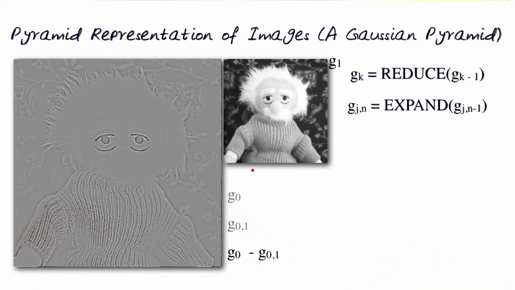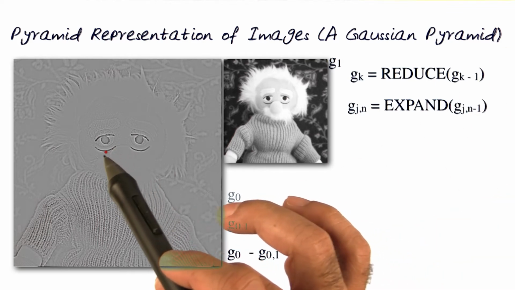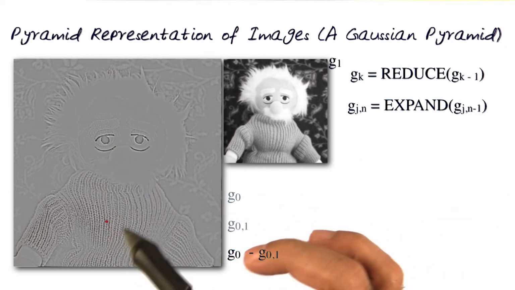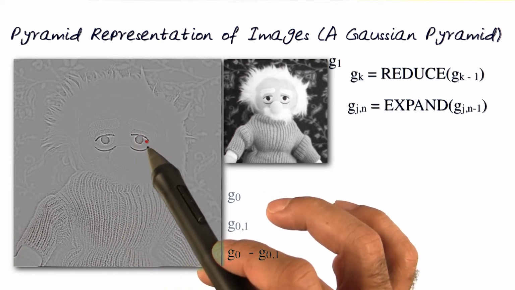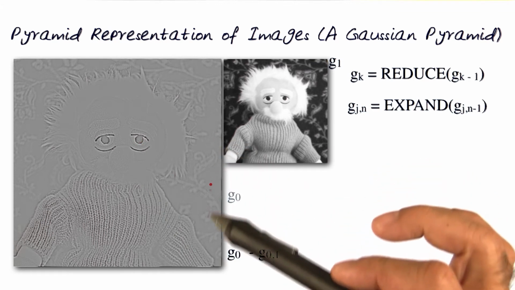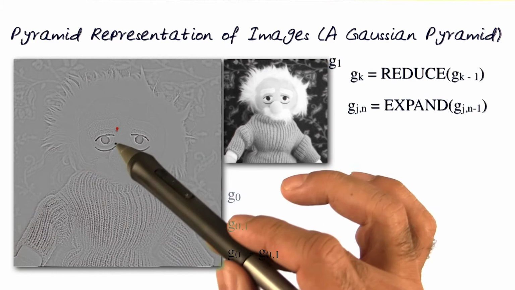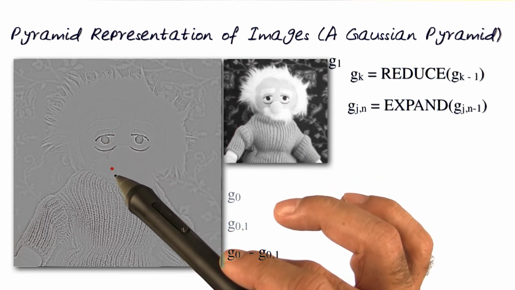So this is what you see now here. And this is basically, of course, showing you where the differences are. You notice a lot of high frequency information is much more visible. The eye lines and all that kind of stuff are much more nicely defined. Basically, you can see that this is the output, which actually is showing you the error in reconstructing